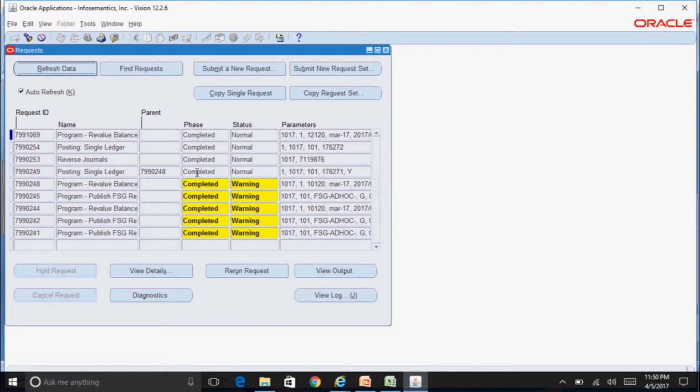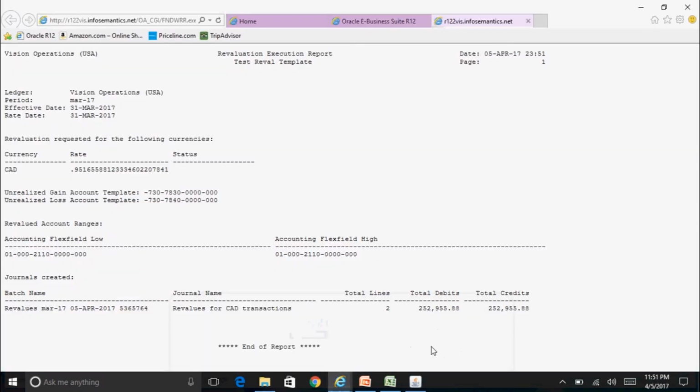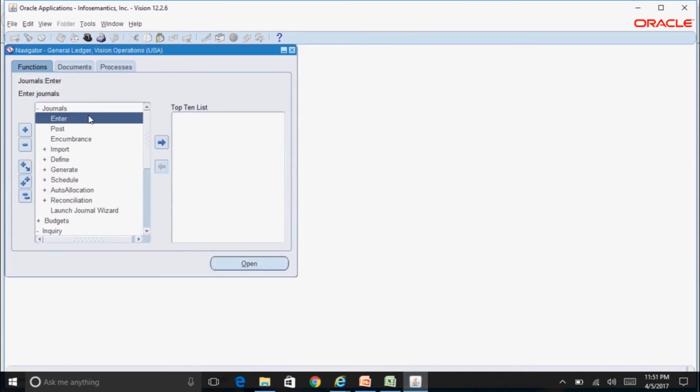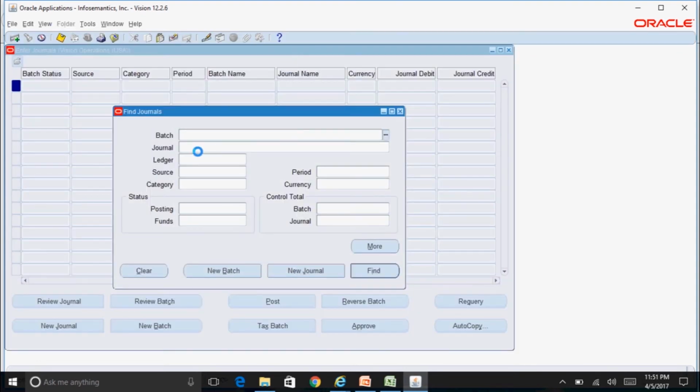Yeah, it's running. It's completed. And check the output. Okay, so this is the batch which got created. Close this. Go to journals. Enter query for this batch.